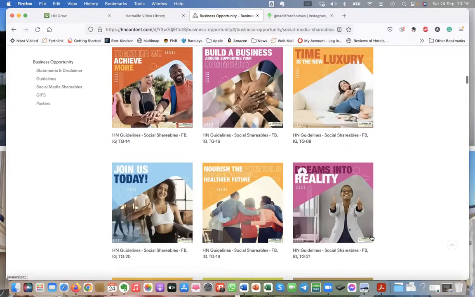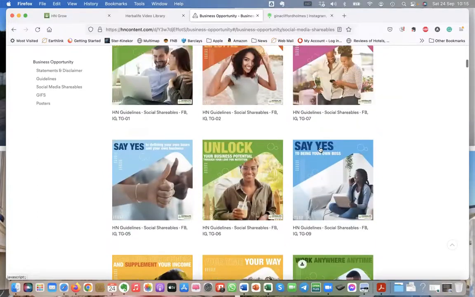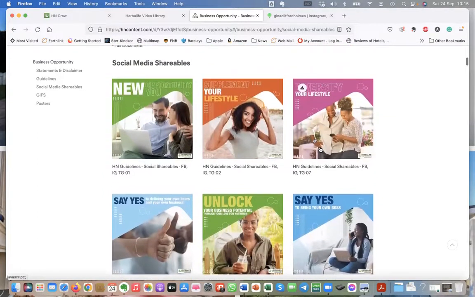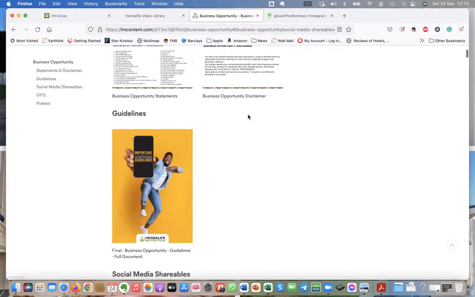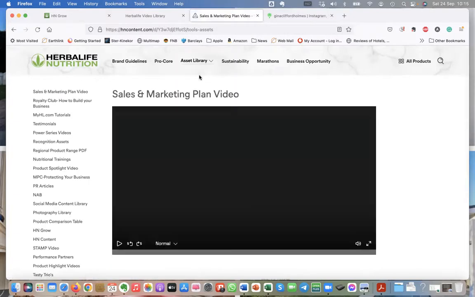So you can choose to print them, as sometimes I do, without the Herbalife logo on, because it's not something you might always want to have. And then fantastic products are available, images for all the products.